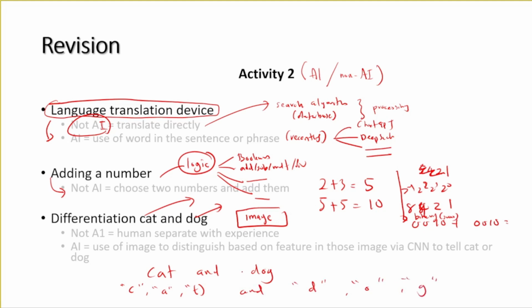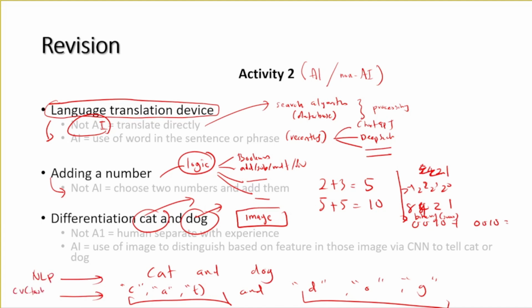This is a comparison between linguistic spelling. But if we wanted to discriminate the two objects within the images, it no longer belongs to NLP, but to what they call a computer vision task,